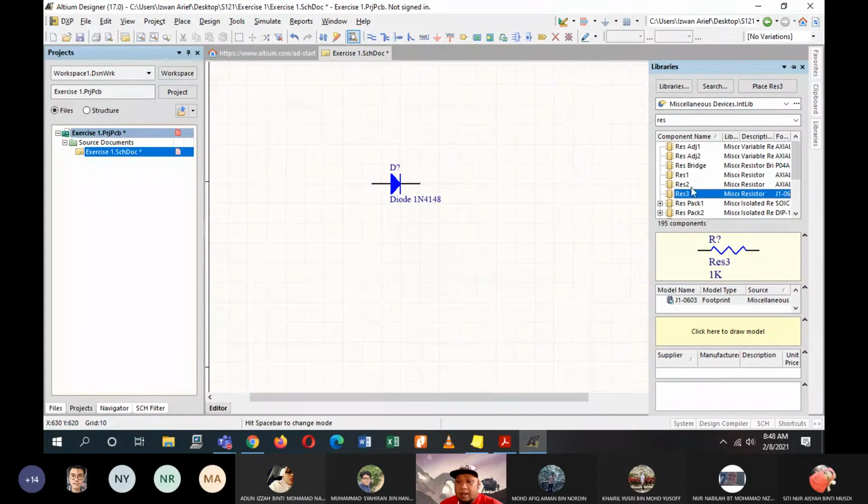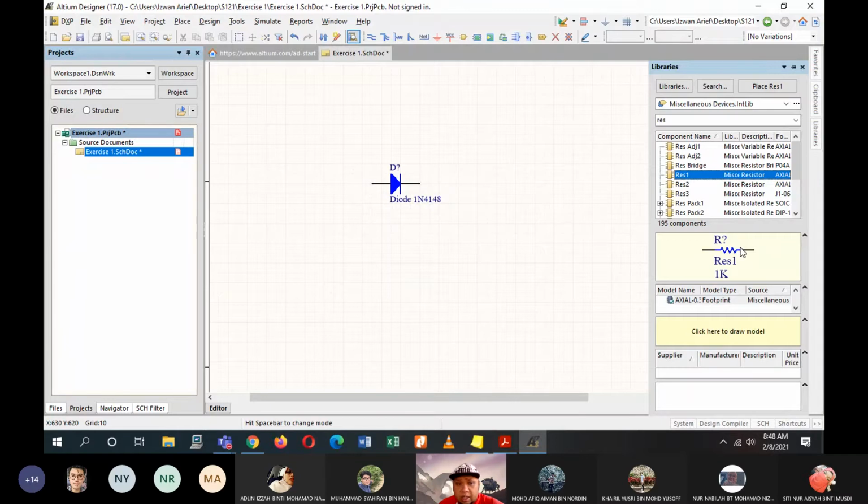So it is up to you. Resistor 1 and resistor 2 are basically the same thing. It's just the symbol, or how you want to use them. In this diagram, the symbols here are the body of the component. The symbols here are the symbols of the component. But basically they are the same thing.